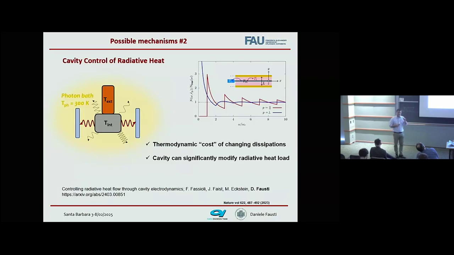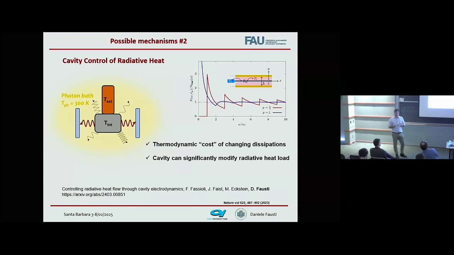And I think that, in some sense, this explains the choice that we made. To say a very broad statement, I can reach strong coupling when the system is closed, but if the system is closed, it perceives the photon bath in which it is immersed only mildly. On the other hand, if the system is fully open, obviously there's no cavity, but this idea that I can change the radiative heat load doesn't necessarily mean that I will have the largest changes where I have the strongest coupling, because I need to be able to see the photon bath with which the sample is exchanging energy, essentially.